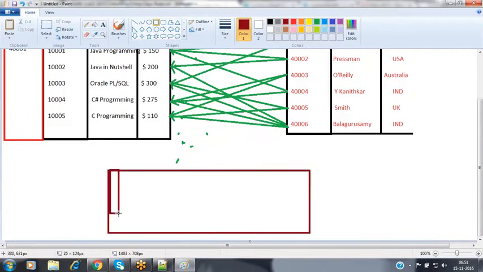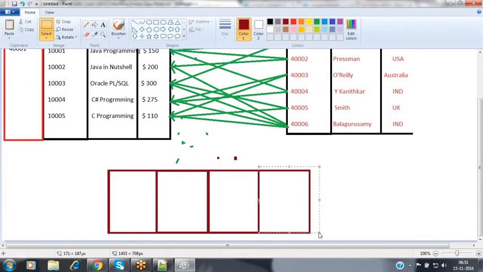In this junction object, I'm going to add some set of fields. These are the various fields I'm adding inside this junction object.